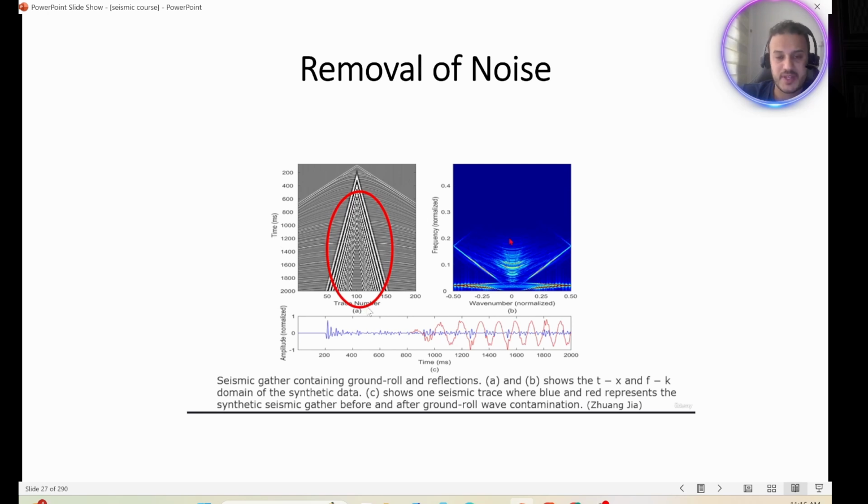We have time and trace number. This is the trace number, the distance between the geophones, and the time. So we need to remove the ground roll. If you see, these are the true reflections, and you can see how the ground roll interferes with the real reflected seismic wave. First we need to remove the low frequencies and the high amplitude that are affecting our data. Here the same, the time with the amplitude, we need to cut this part that has low frequencies, and we keep the part that has high frequencies. So we remove all the ground